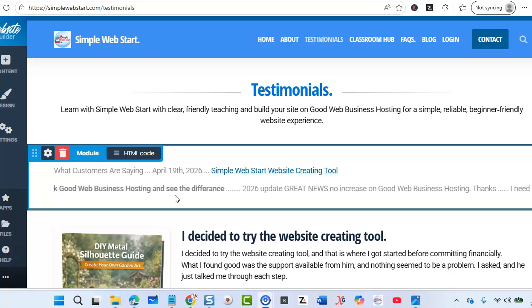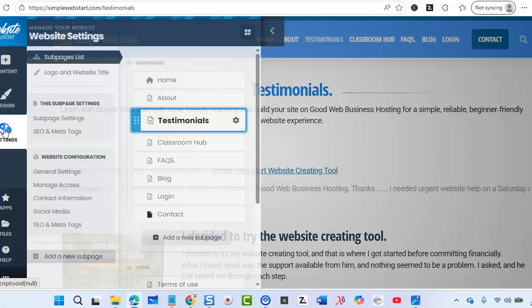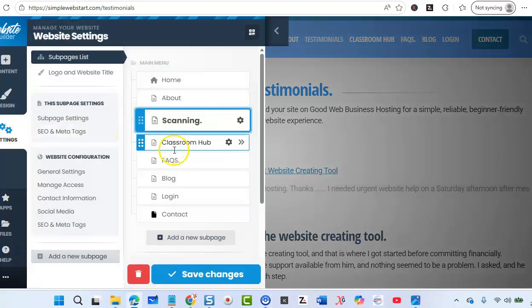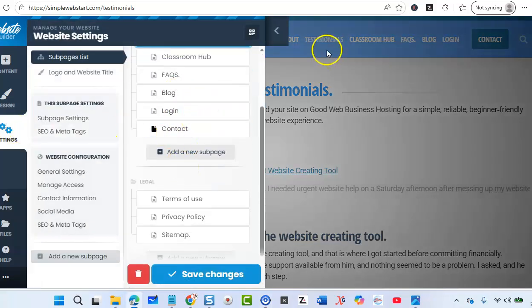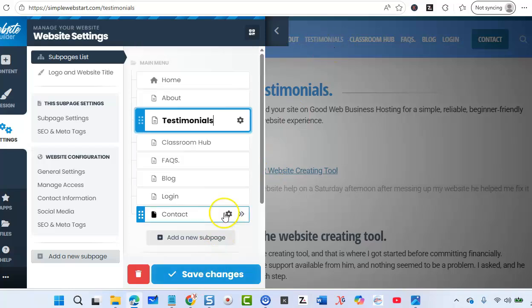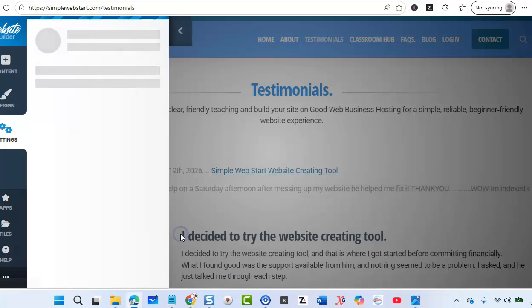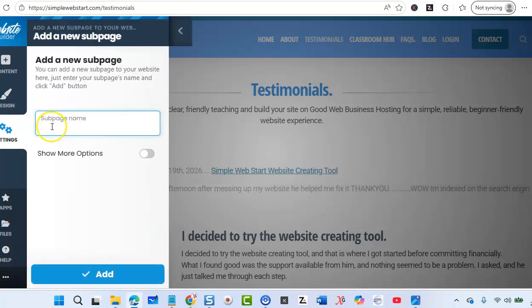So first of all you will have to add a sub page. You'll go to settings and then you'll decide if you want it in this block up here or down in the footer. So let's say, just for example, we're going to add it here. So we'll just need to add the name,